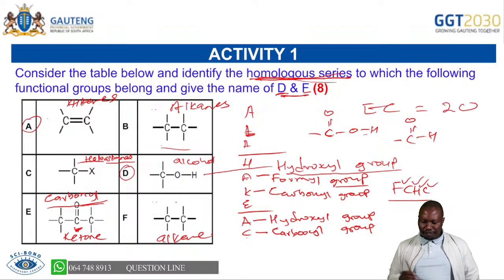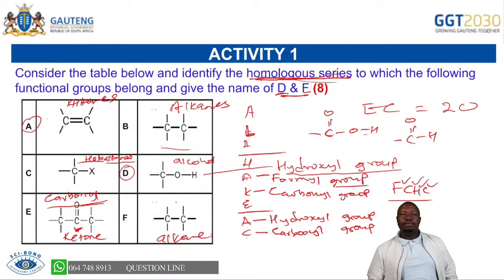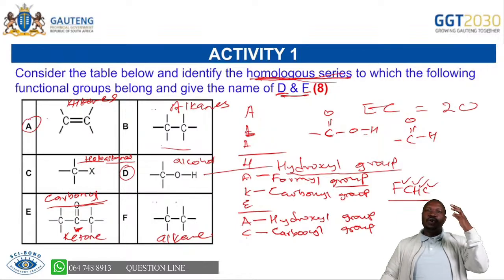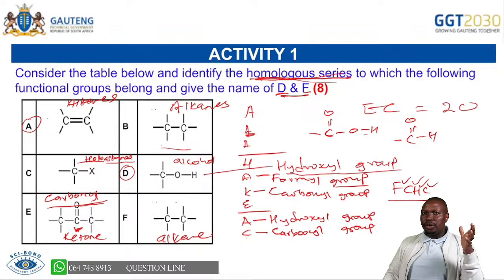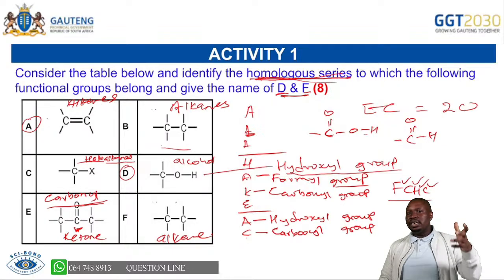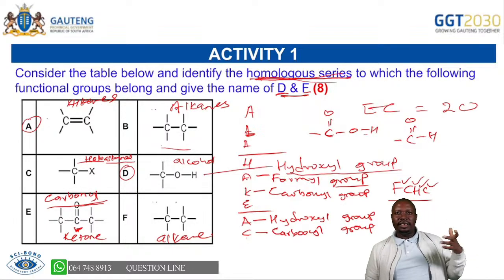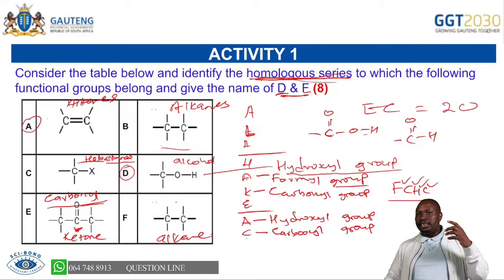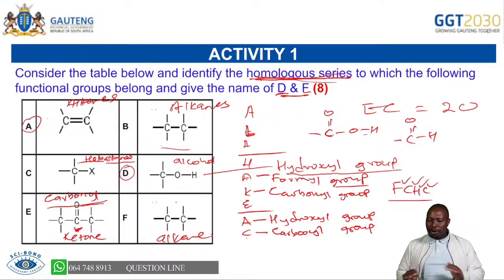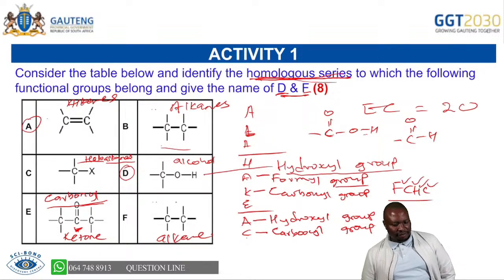So I hope you won't forget all these functional groups. I've spent much time on them because I know they are very important. If you are doing 9 homologous series in organic molecules, definitely you must know their functional groups, because that's how you will identify them. How will you know that this is an ester? How will you know that this is a carboxylic acid? It's because of those functional groups. So spend some time with them. I'm telling you, it will definitely work for you.